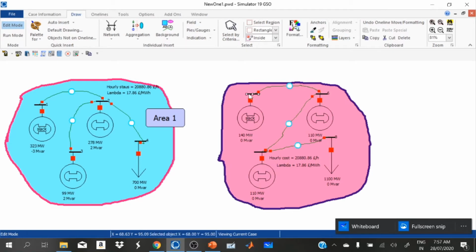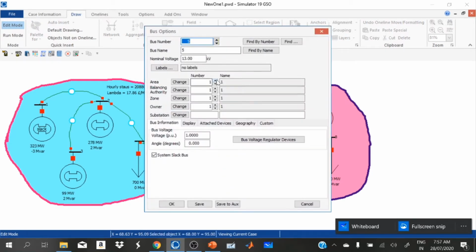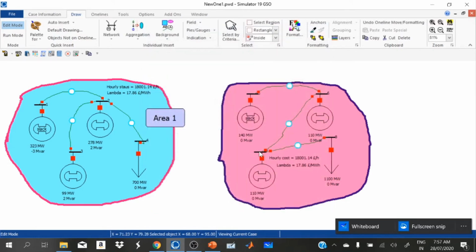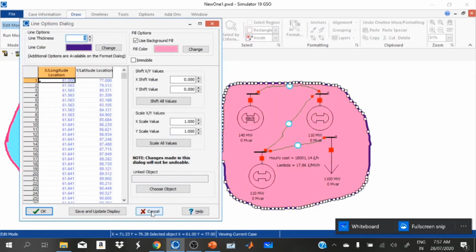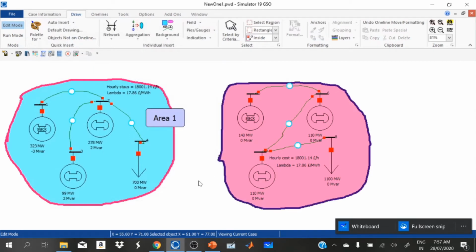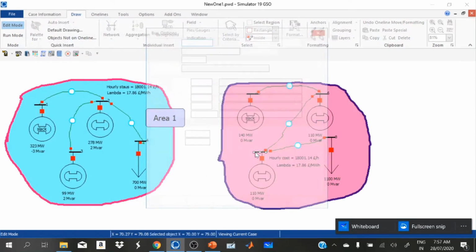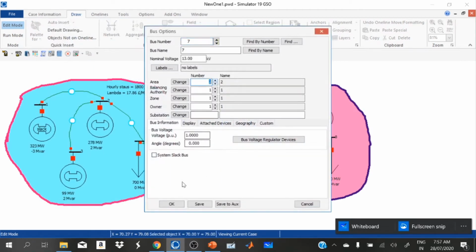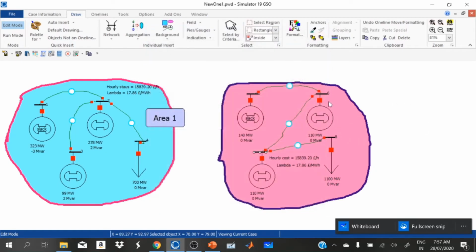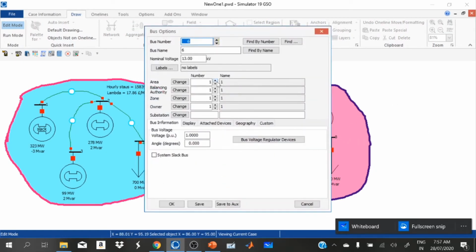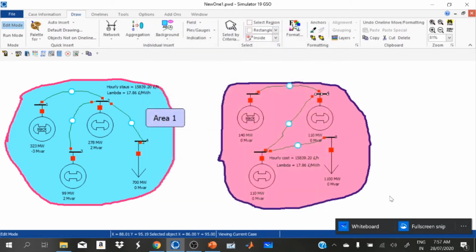This is area 2, so make it area 2 for all the buses.